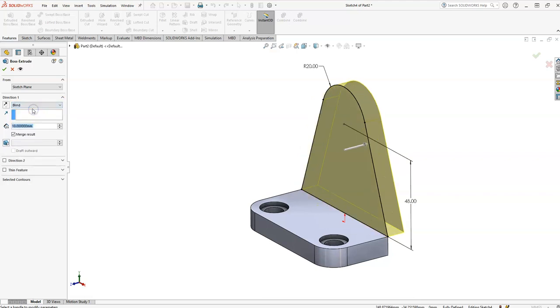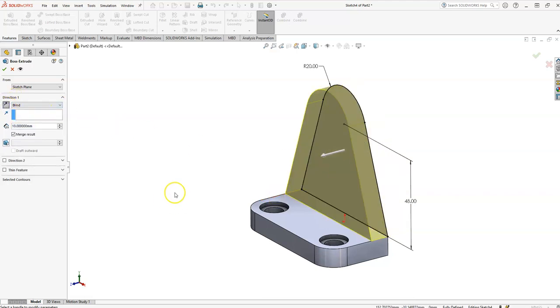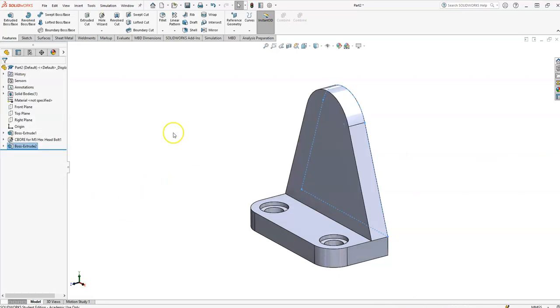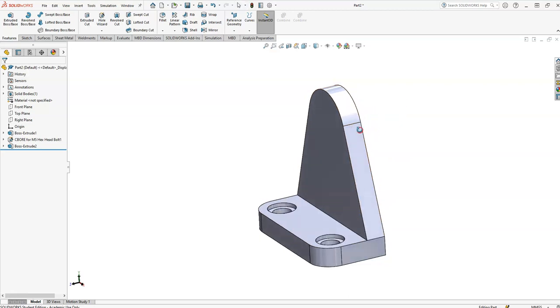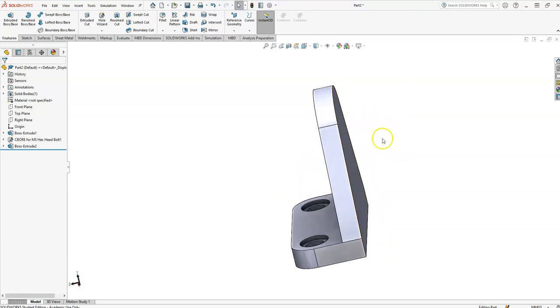So we want to go blind this time, and we want to change our direction. This little button to the left here will allow me to change it into the correct direction. And don't be fooled into thinking that this is a 12mm extrusion. It is not. It is a 10mm extrusion, so do read the drawing carefully. It is 12 up here, but that's with the addition of a little boss in this back face,